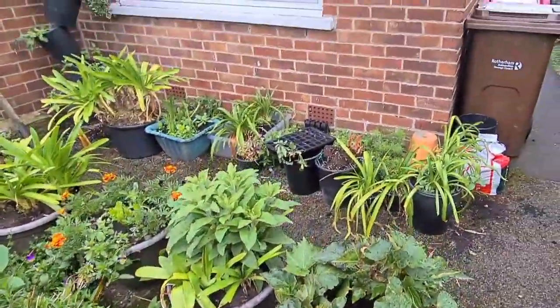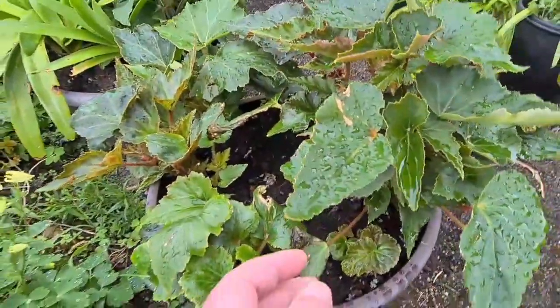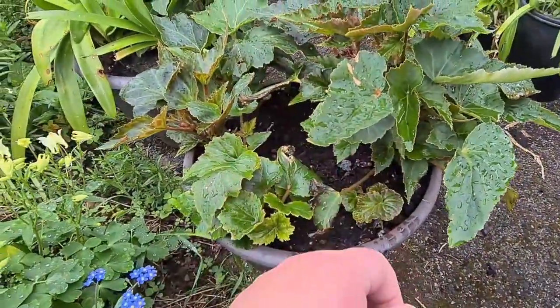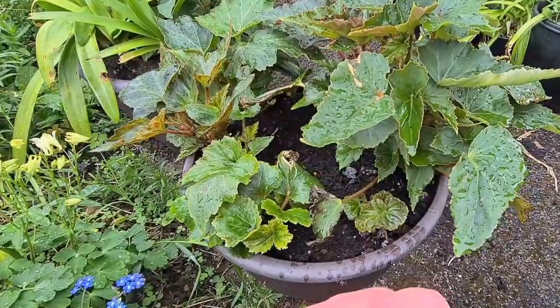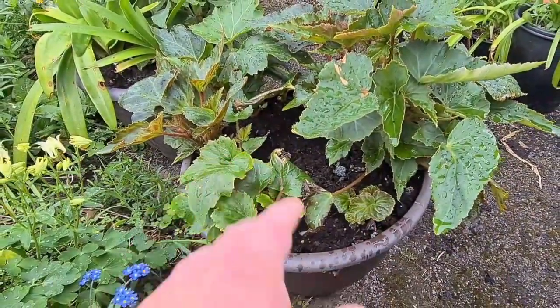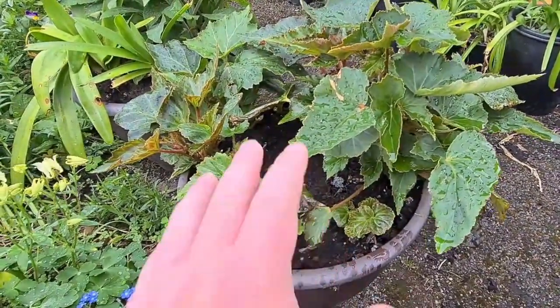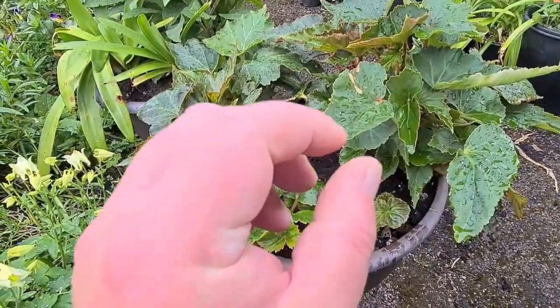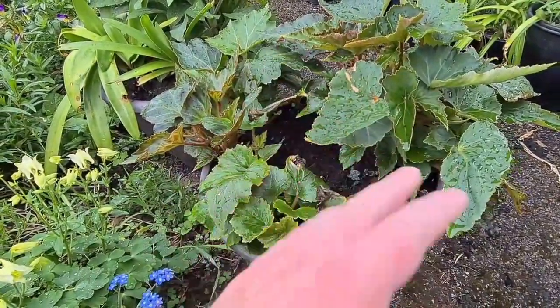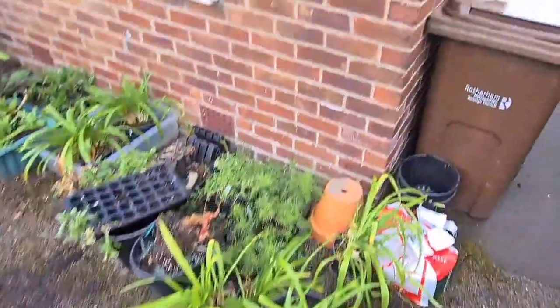As we come round here, I have my pots. These are my beautiful red begonias from last year. They're all plug plants from Thompson & Morgan. They've been left in the pot to dry out over the winter. I started watering just after Christmas, and look at them now. No, I haven't put any new compost in it except for a top dressing of about an inch on top to refresh everything. And as we come round here, we have